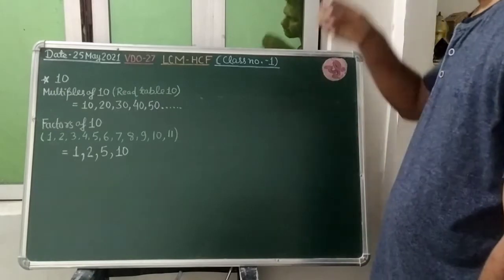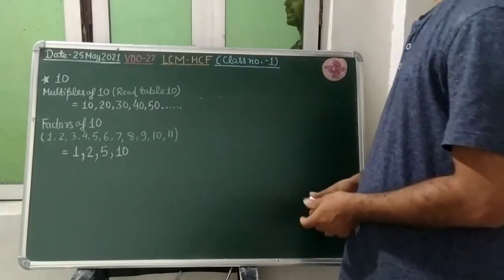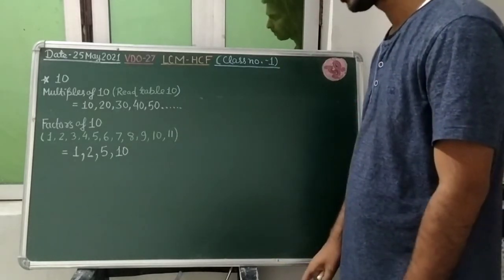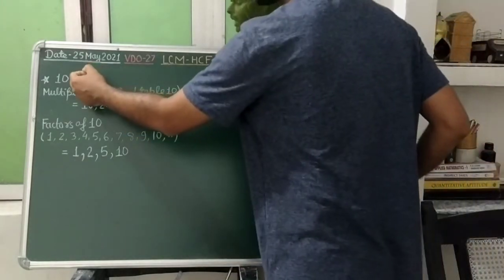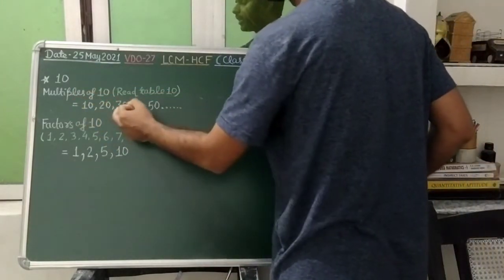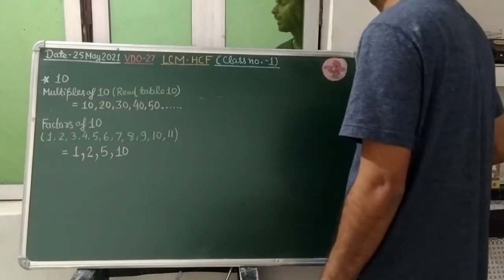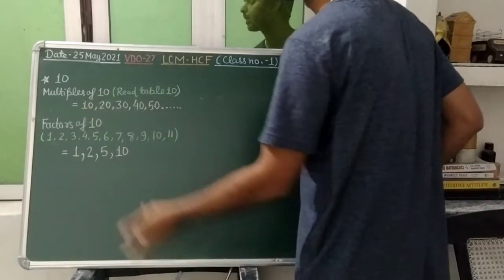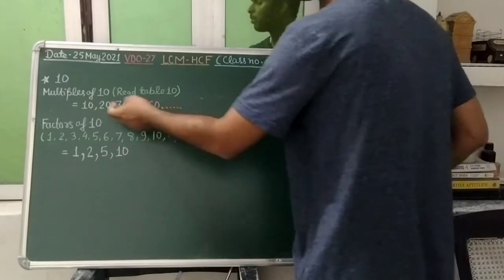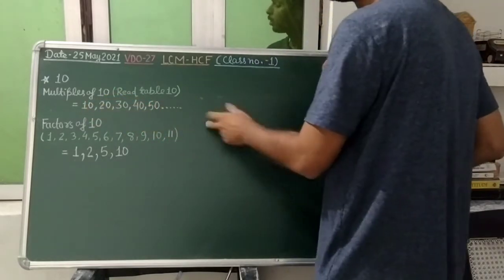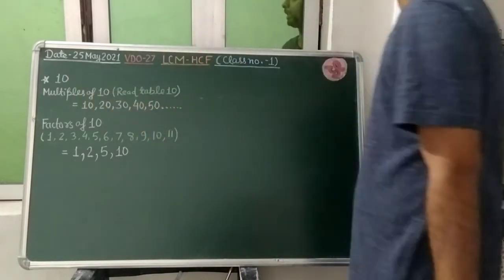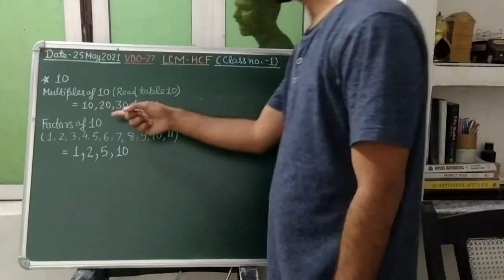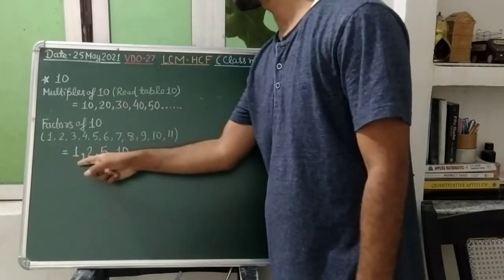So students, what have we seen? That multiples of the given number are those numbers to which the given number will divide. So when you are writing the multiples of 10, you are finding that multiples will be 10, 20, 30, 40, 50. You will read out the table of that. These numbers will be called our multiples of the 10. So multiples of the 10 are those numbers to which the 10 will divide completely. And when we are writing the factors of the 10, we are getting 1, 2, 5, 10.